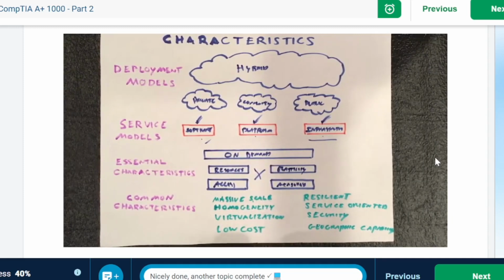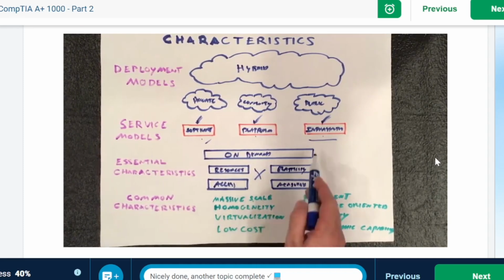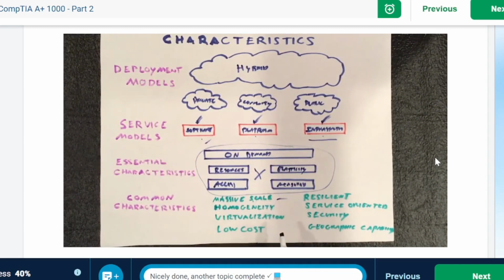Then you've got a lot of common characteristics, and the things that are really common to every type of cloud system after you've got the overall basic structure to put it together are things like massive scale. They're all going to be very large. They're going to be able to carry things like huge terabytes of data, which is phenomenal. Back in the day, we looked at gigs and we were excited, and then we talked about terabytes, and even terabytes are phenomenally changing because they've got larger, more cost-effective pieces of data. So those are the kind of things that we want to look at.